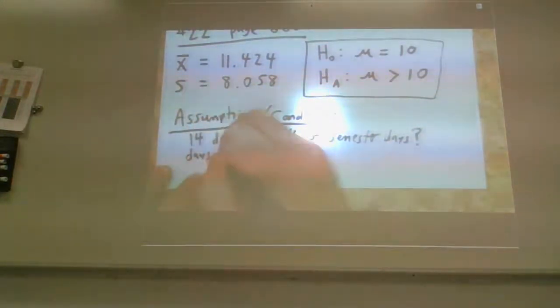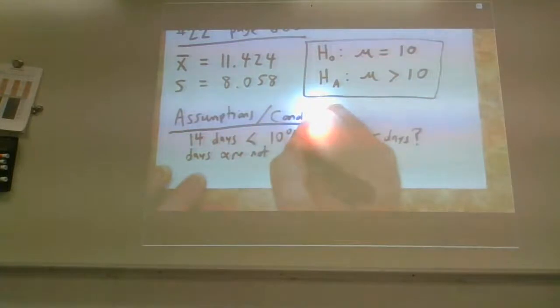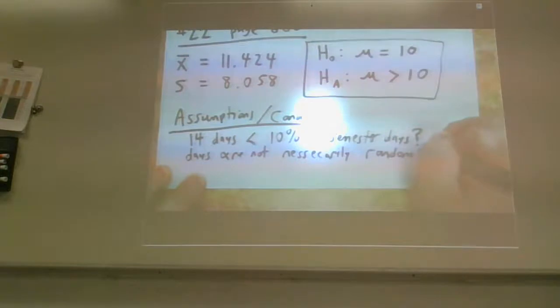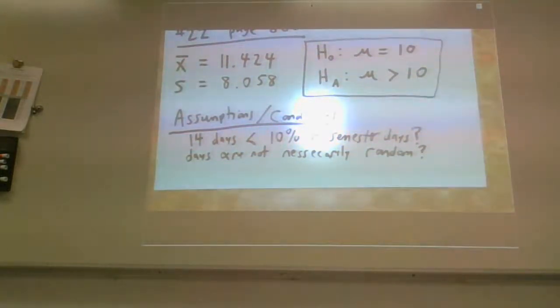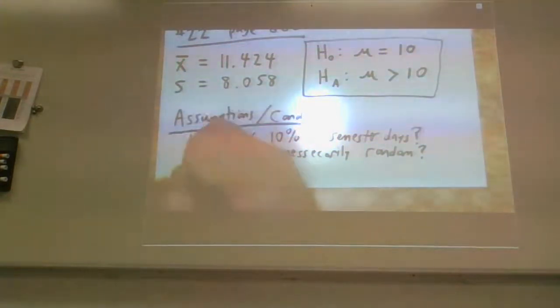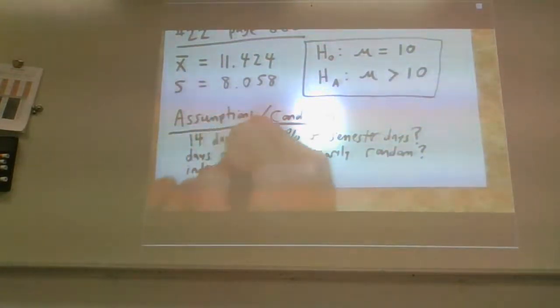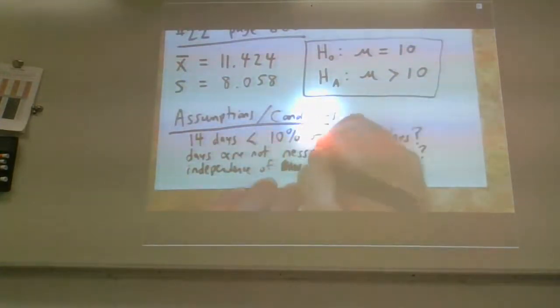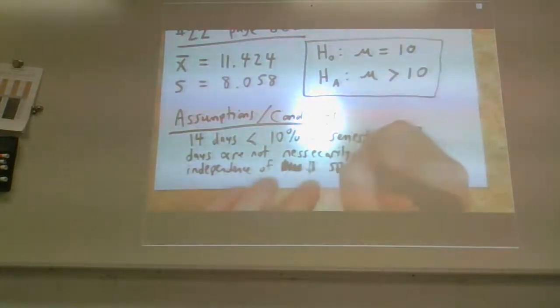Days are not necessarily random, because again, he picked 14 consecutive days. Now, it said his budget allowed him to spend an average of $10 per day. He kept track of his daily food expenses. Did he keep track of it because he was trying to spend under $10? I don't know. They're not necessarily random. Independence of money spent is not guaranteed.